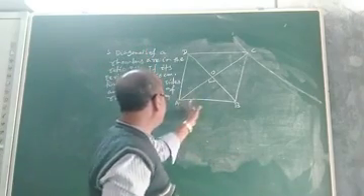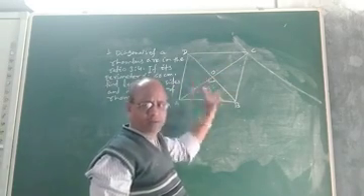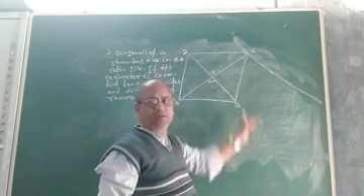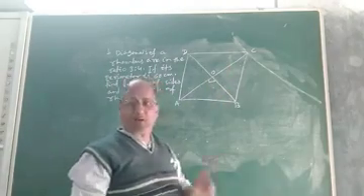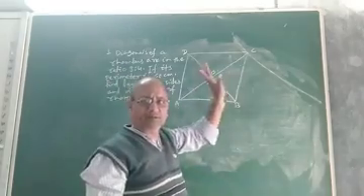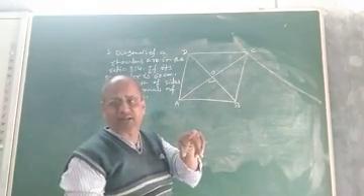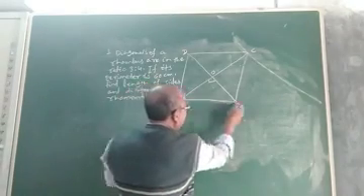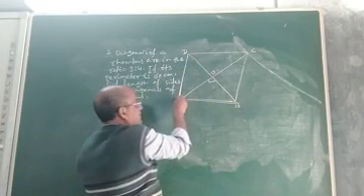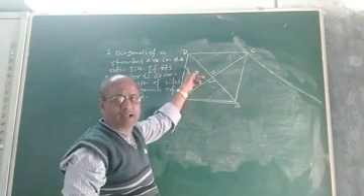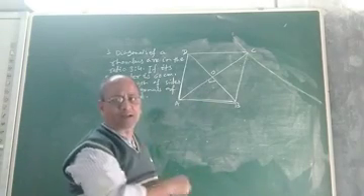That means if ABCD is a quadrilateral, in order that ABCD will become a rhombus, the first condition is it should be a parallelogram. That means ABCD must be a parallelogram. Then the second point is one pair of adjacent sides. You see, what are adjacent sides? AB and AD. Side AB and side AD form a pair of adjacent sides.